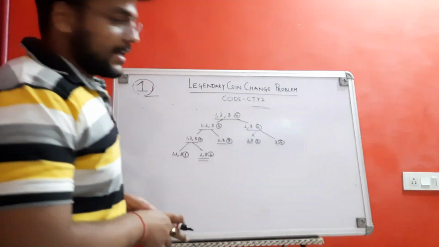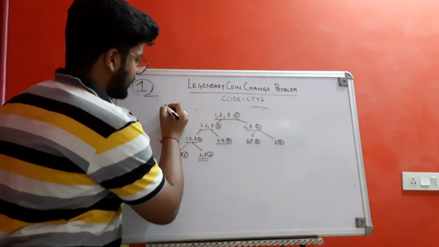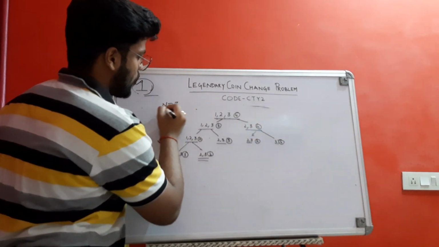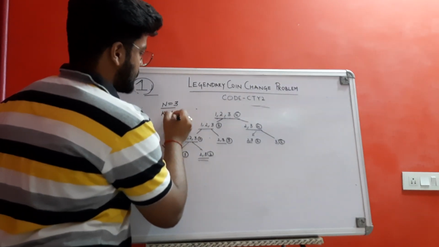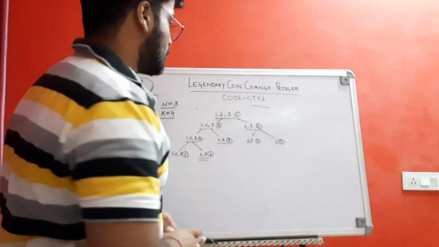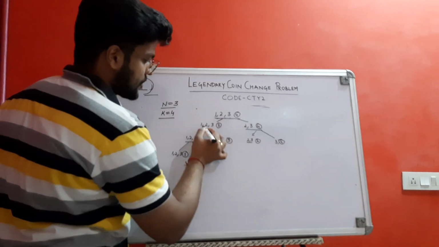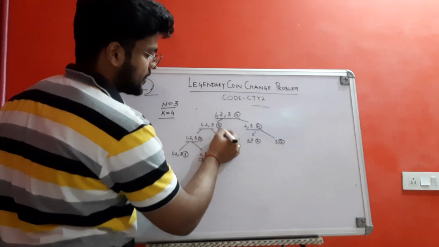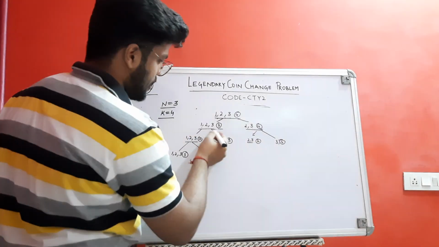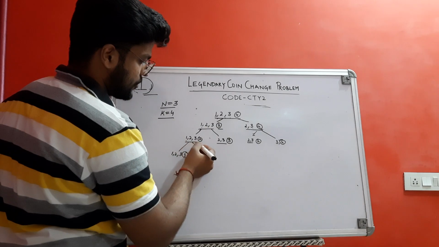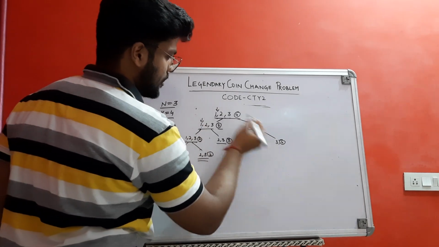Now watch another example: 1, 2, 3 and the required sum is 4. So you have n equal to 3 coins of different denominations, 1, 2, 3, and the required sum you have to make is 4. Now start solving this with a similar approach we discussed before. If you take 1, then 1, 2, 3 and the required sum will be 4 minus 1, that is 3. Or you leave the 1, so 2 and 3 and the required sum will be 4. Again, if you take 1, 1, 2, 3 and the required sum will be 3 minus 1, that is 2. Let's maintain the start pointer.